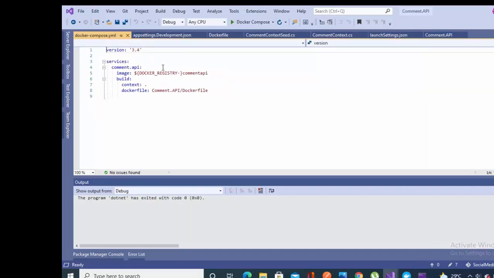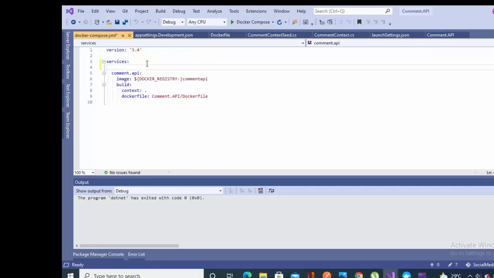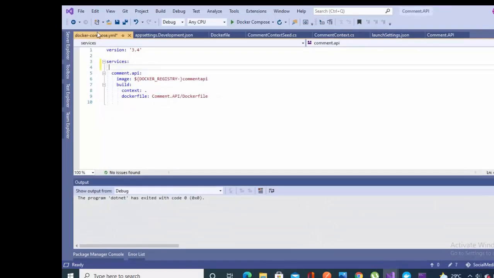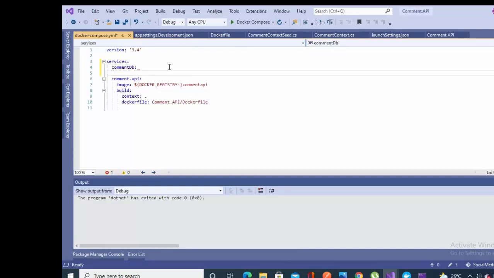Now I will have to add the Mongo configuration also in this YAML file. The comment API configuration was added automatically when I created this. Now as you can see, I wrote this under the services: comment db. You can name it anything, so I'm writing the database name comment db, colon, the image name is Mongo,